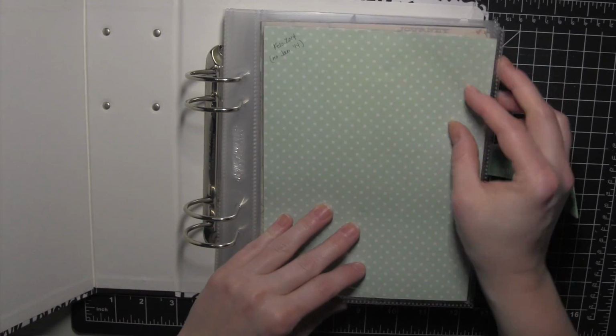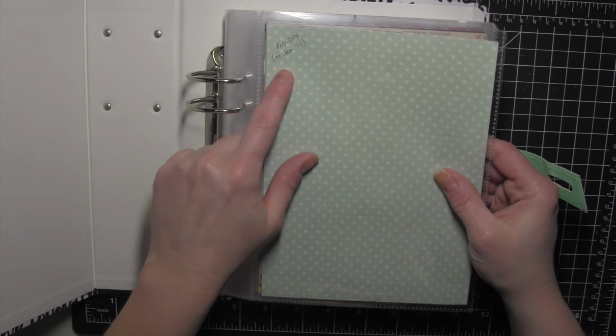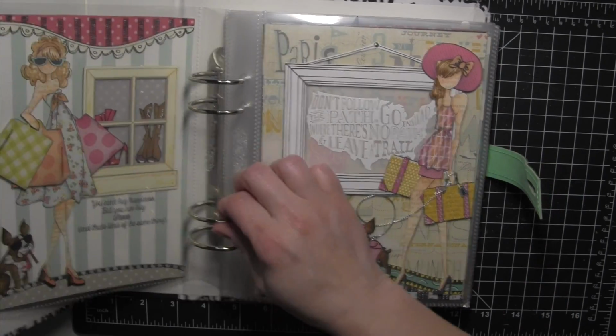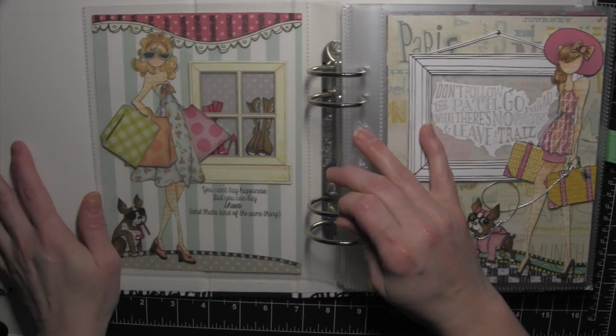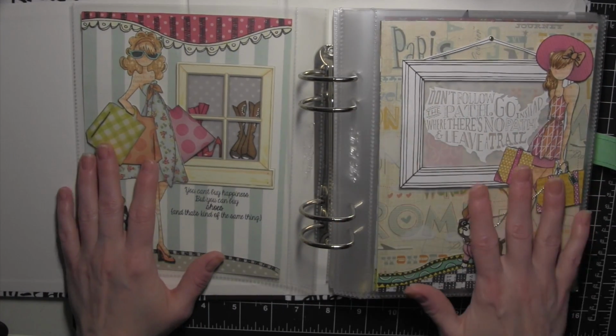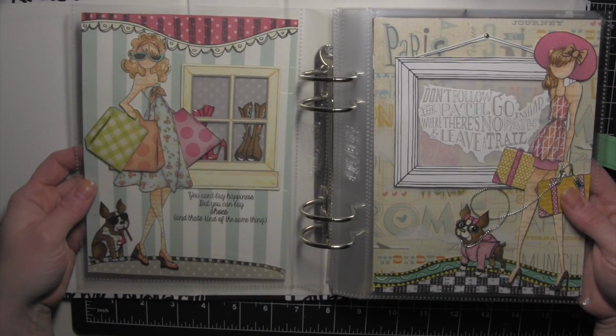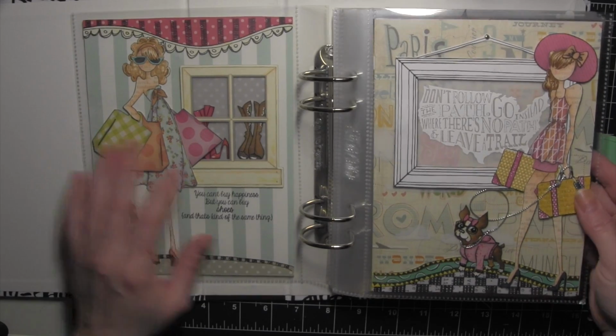I chose this 6x8 handbook album from Studio Calico simply because I like the style of it. There's tons of different 6x8 albums out there. This one has lots of room to grow, as you can see. And then it simply starts with my January 2014 page, which in actuality, if you have watched any of these older Paper Doll art journal videos,